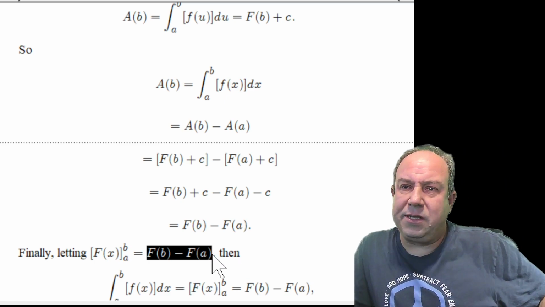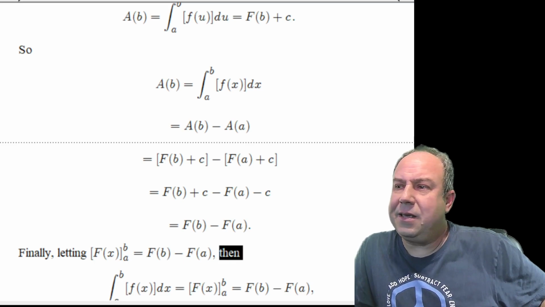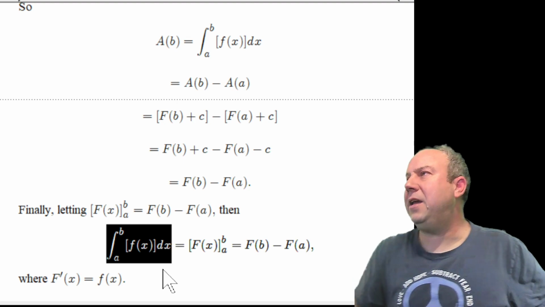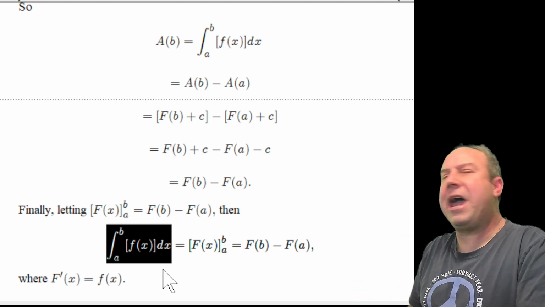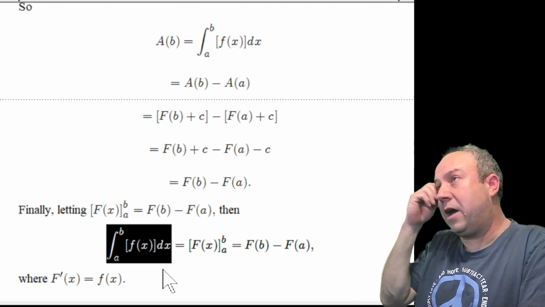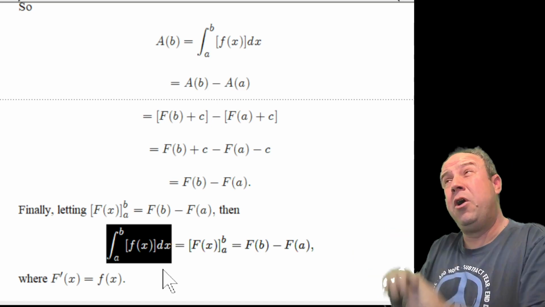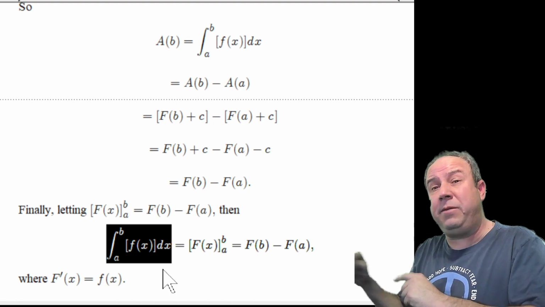Then what we're able to say is that the definite integral from a to b for function f of x dx, that definite integral calculation that we've been calculating with geometry up to this point, or limits of Riemann sums,